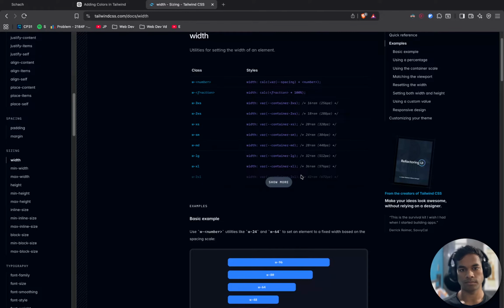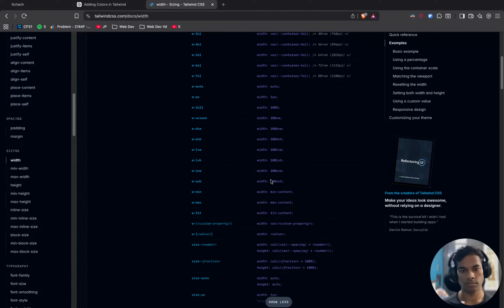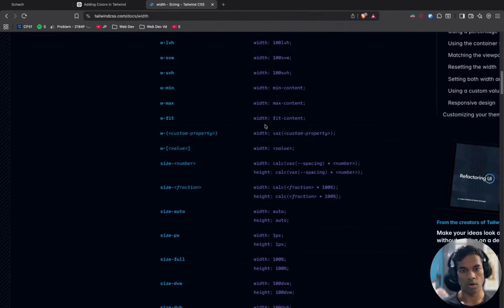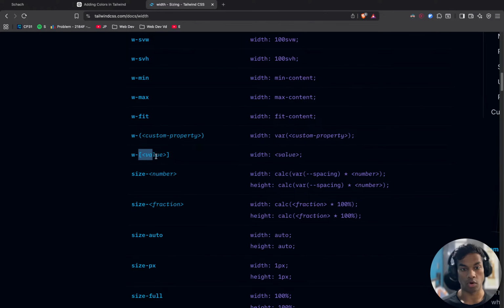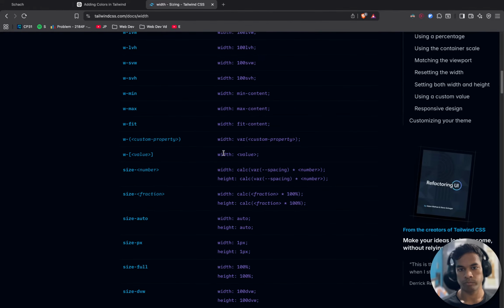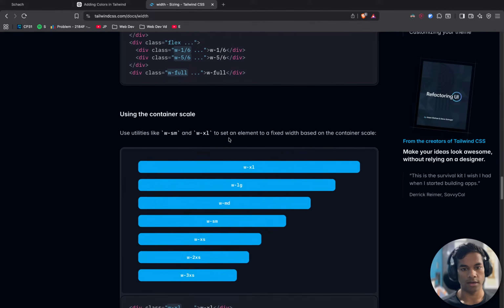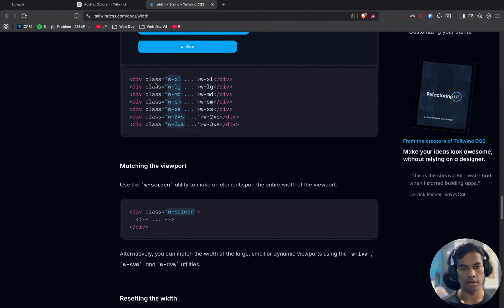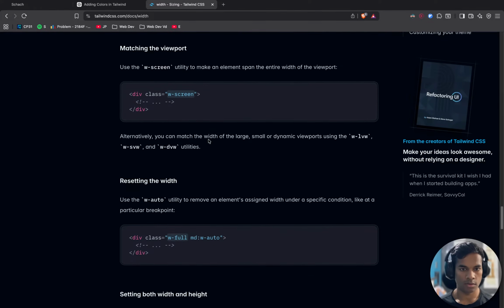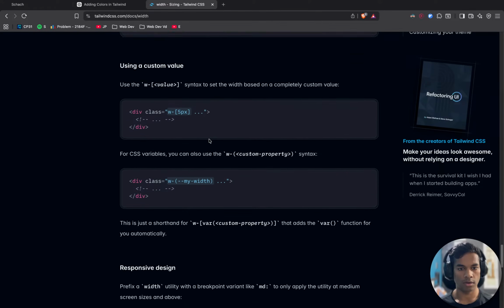Width. These are all the values you could give, or custom property or custom value. An example of a custom value would look like using container, scale, screen, full, like this.